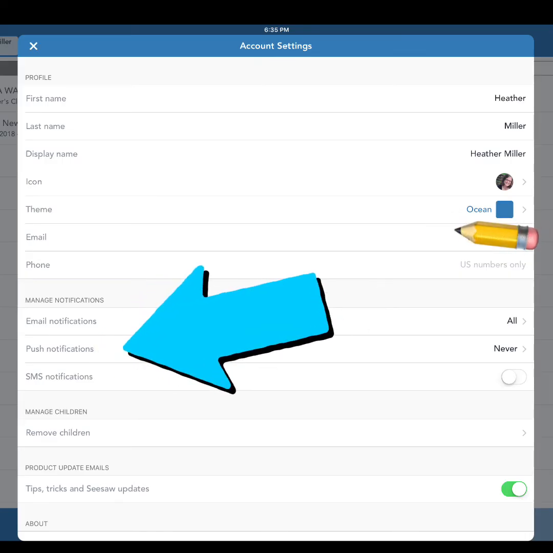Do you want to know when your child does something in Seesaw? Click on the notifications. You can get an email or a text message or on the number on your